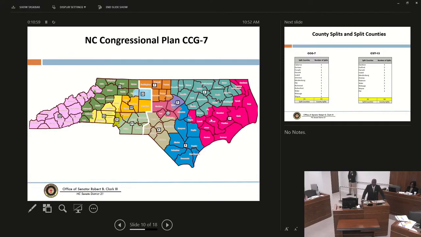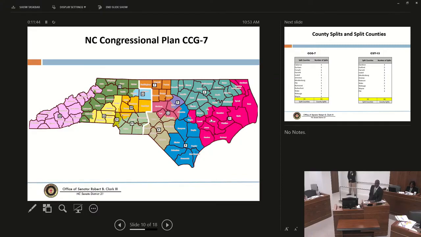Because my interest is not trying to establish a map that leans Republican or leans Democrat. My total objective from beginning to end was to develop a map that was fair. Fair in the east-west distribution, fair in the distribution of seats into the major geopolitical regions. Sandhills. A reporter asked me, is that going to be a Republican district, Democratic district? I don't know. But you know what? Whether it's a Republican or a Democrat, it'll be a Democrat or Republican of the Sandhills and not of Charlotte or Cabarrus County.